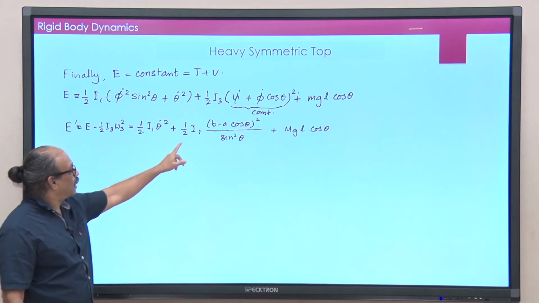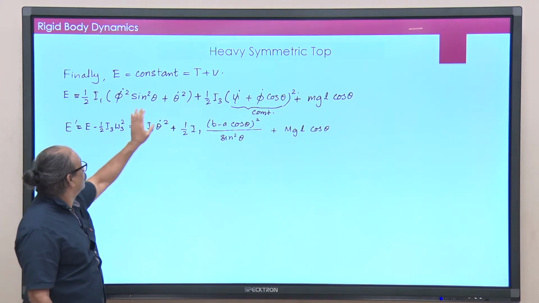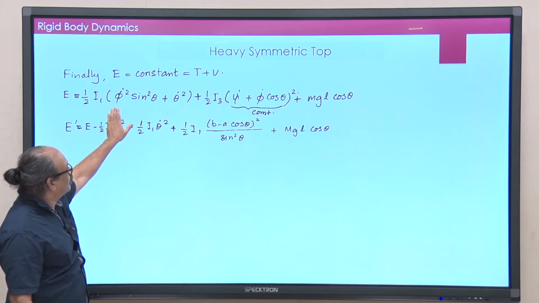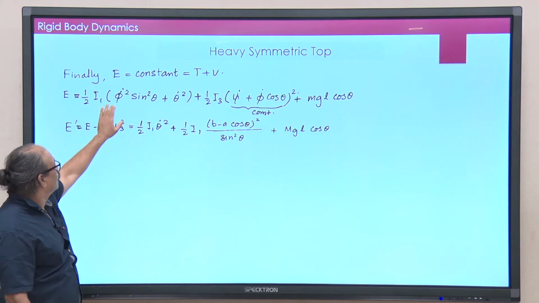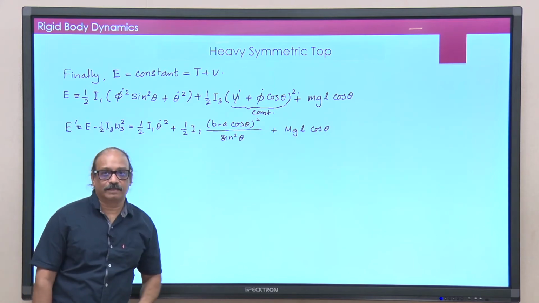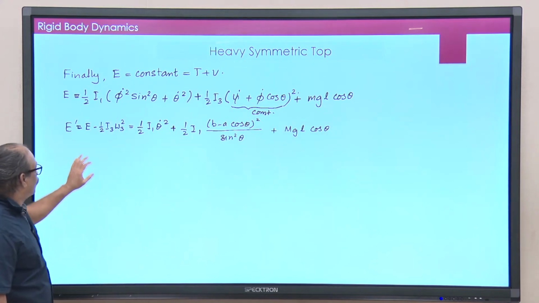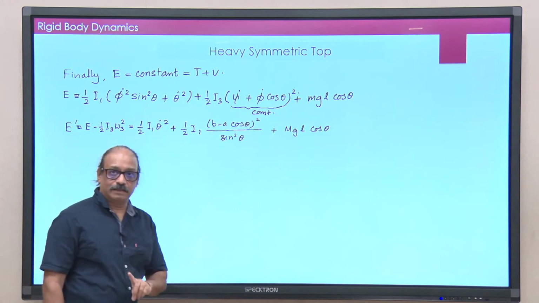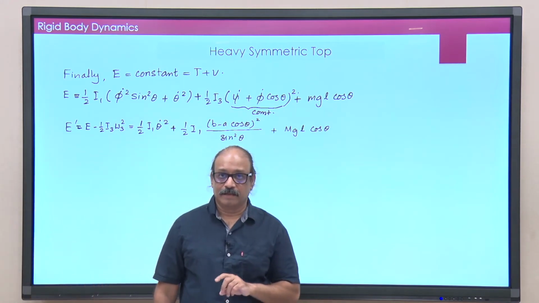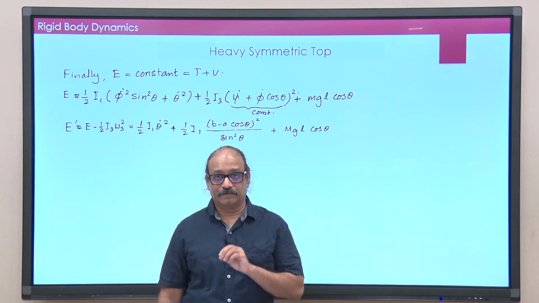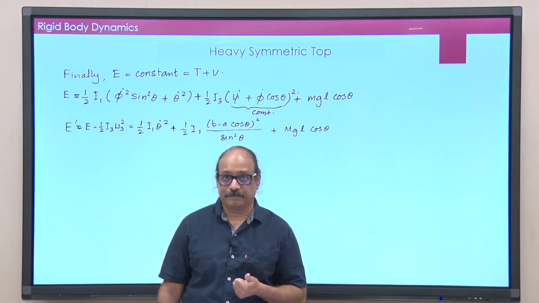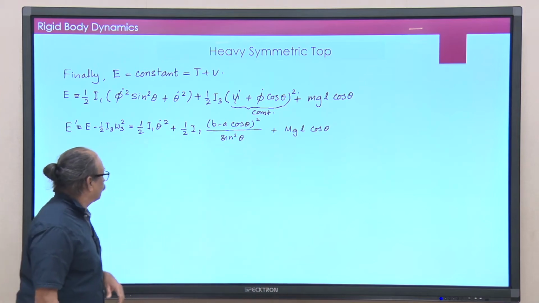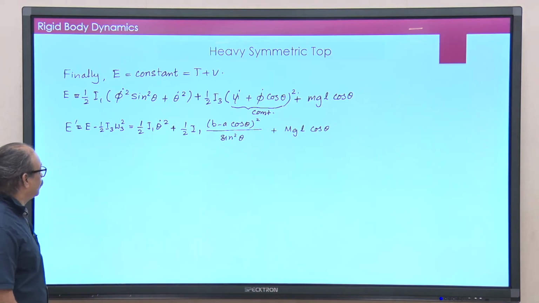So, you get I 1 (b minus a). We already have an expression for phi dot, and I do not need an expression for psi dot. So, the expression for phi dot can be substituted there. Now you have one equation in theta dot and theta alone. It is a first order differential equation in theta. Okay. Fine, rearrange this a little.